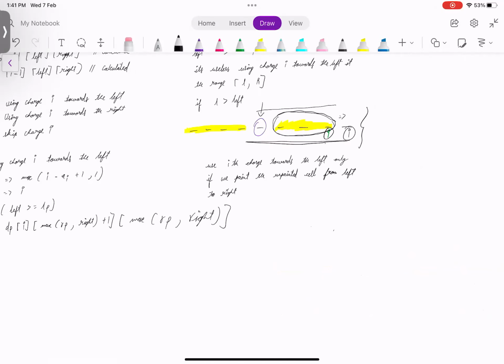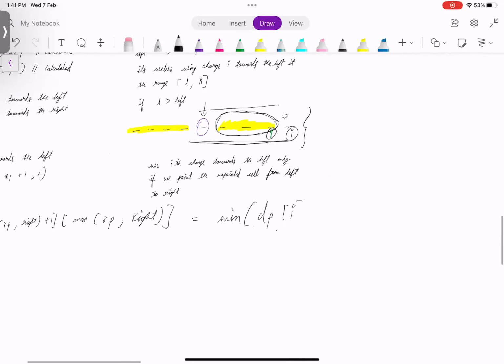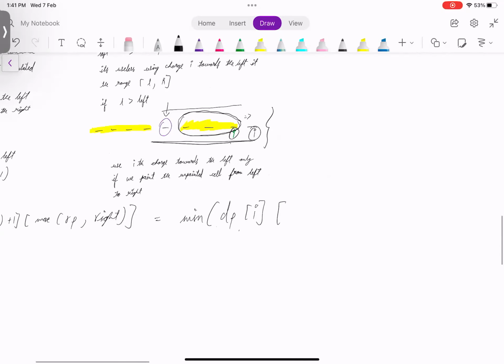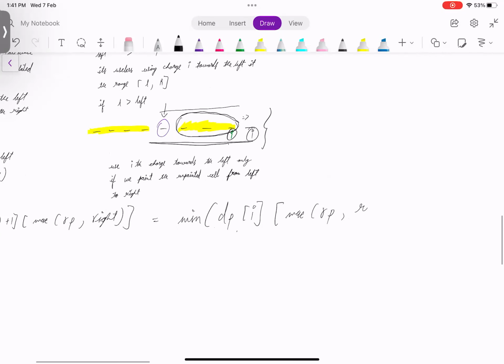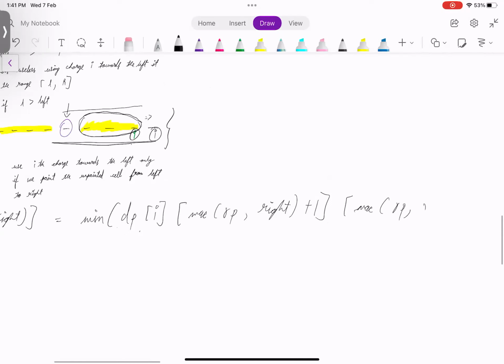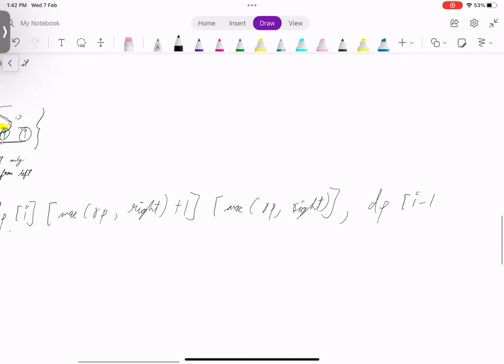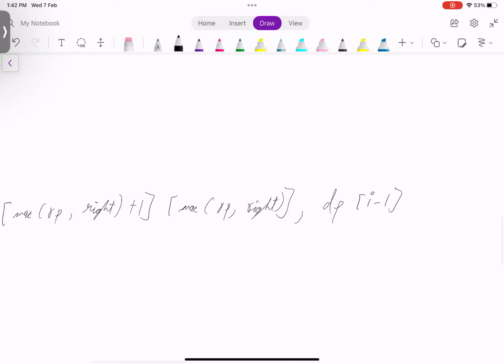So this is equal to minimum of dp of i of max of right point, comma, right plus 1 of max of right point, comma, right. Right? Comma, now dp of i minus 1, basically from dp of i minus 1 of left, comma, right, from that state, we could come to this state,